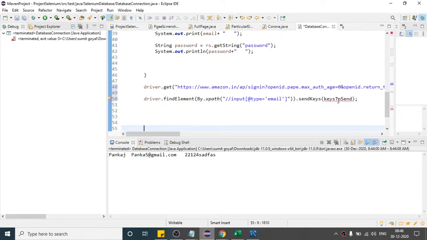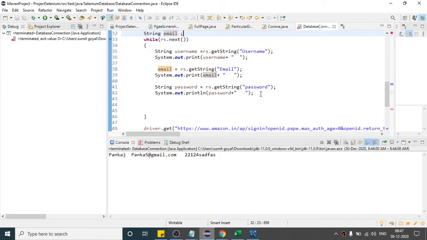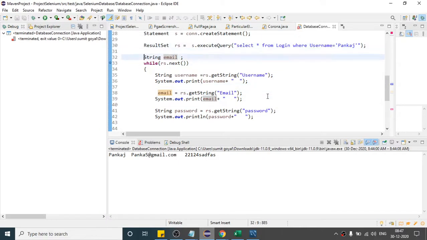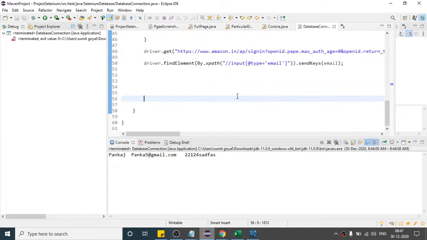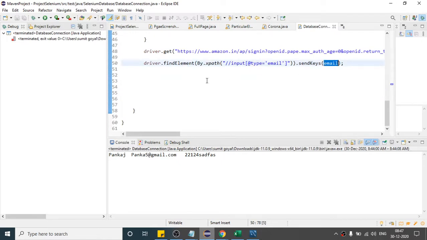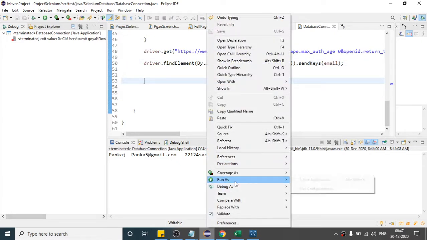So once the email is set, I will write email, right? Still we are not able to use it. Save that. Okay, so as you are using local variables, you have to initialize it first. So if I set it to empty, now whatever email you get will come from this into this variable, and as I am passing this variable here, it will send the email. So if I just run this,